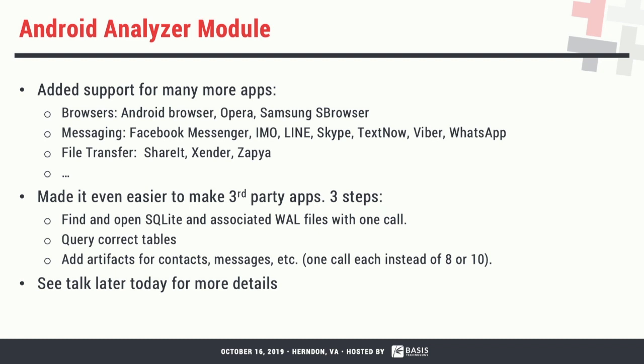We've also made it easier to write modules. It wasn't that hard to write modules before, honestly. Danny and Raman are giving a talk this afternoon more about this, but basically before, we had a text file, it's a Python file, you copy and paste it, you put a database name in, some queries and various things. We've simplified it even more, so it's now kind of a 3-step process. We have a method that basically says, this is the database name I want. We go through 4 or 5 steps to find it for you and give it back to you. You query for the tables you care about.